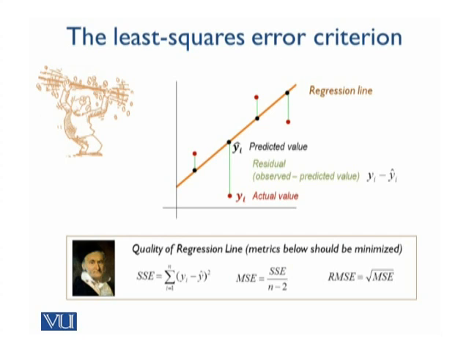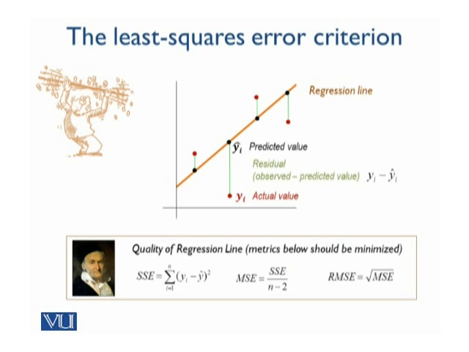Also, if we take the square root of MSE, the mean square error, we have the root mean square error. And the intuitive notion of it is that RMSE is just like the standard deviation. What does standard deviation measure? It measures how far from the mean values usually are. RMSE measures how far from the regression line the observed values usually are. Mean square error is like the variance and RMSE is like the standard deviation.